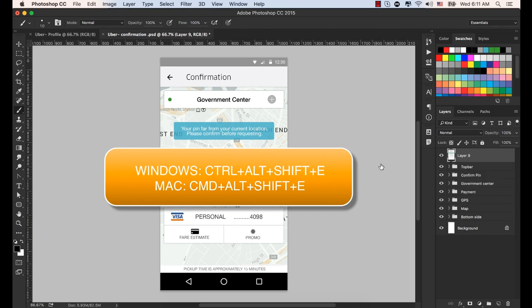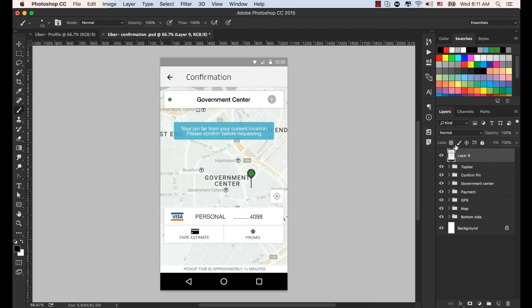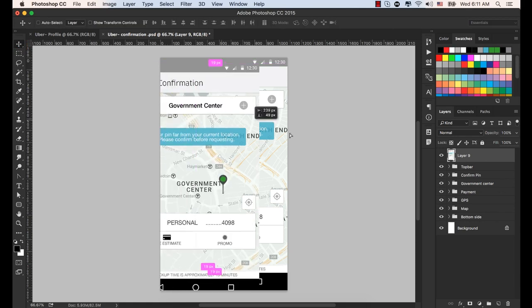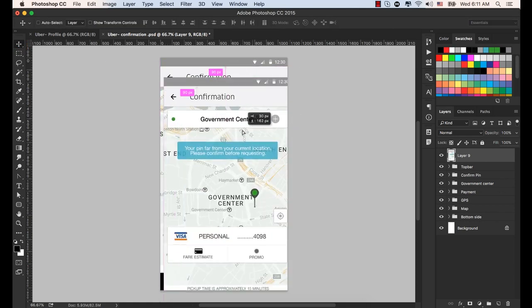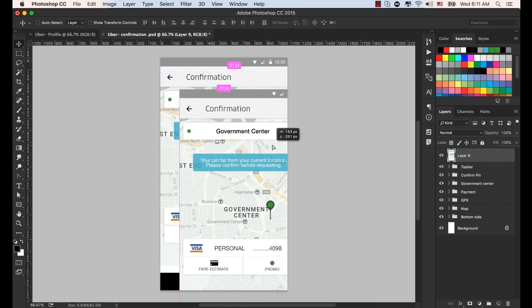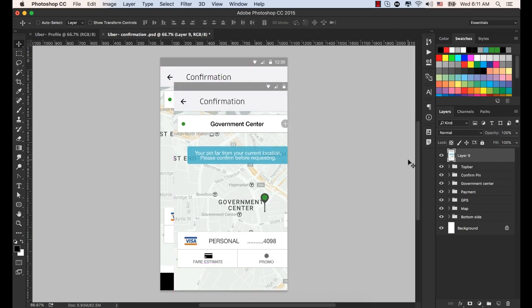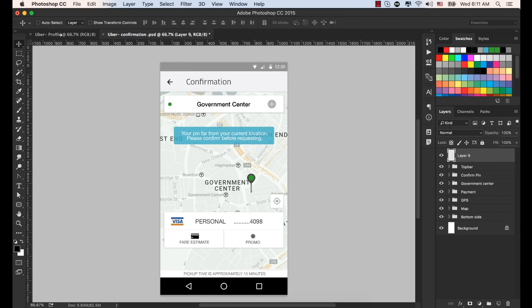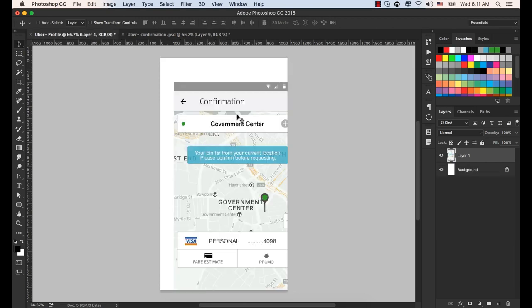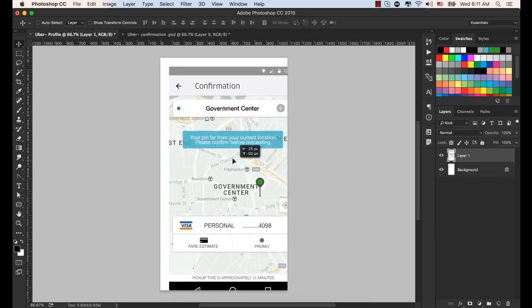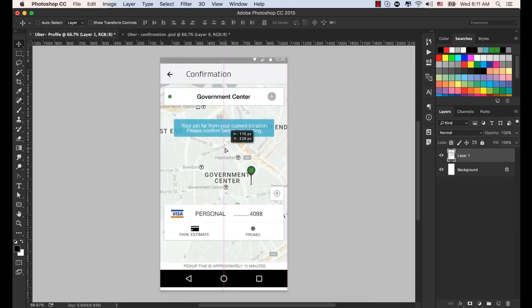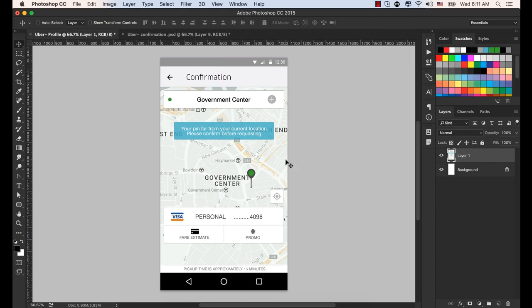Then you see in the layer panel, we have one new layer, which is basically a duplicate copy of this screen, but in a single layer. So select this one and bring this one into our Uber profile and drop it here. Place it in the exact same place. Okay. So we have this screen,